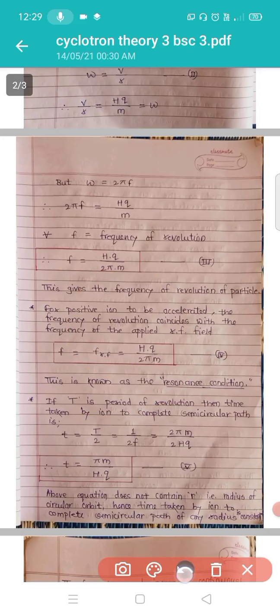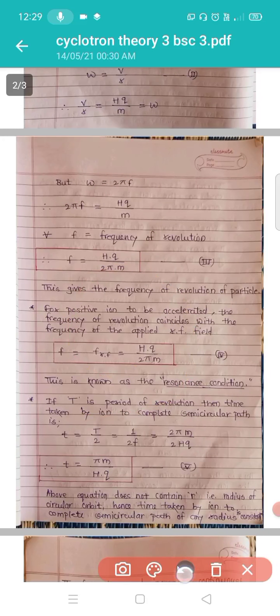Hence it is given by t is equal to 1 by 2f. The value of f we already derived, that is Hq upon 2 pi m. Put the value of f and get the equation